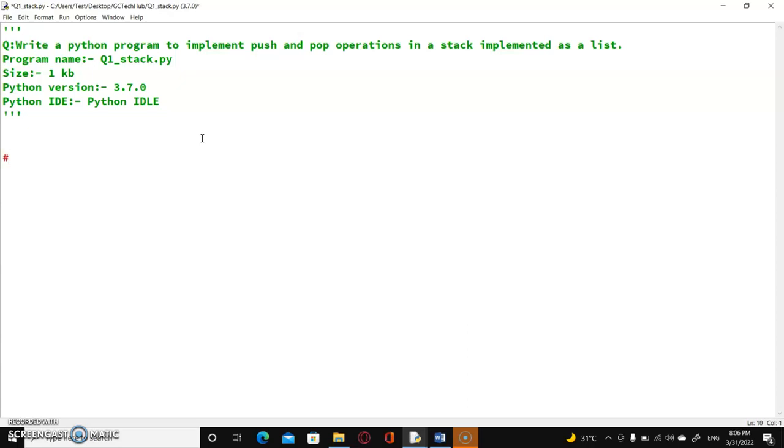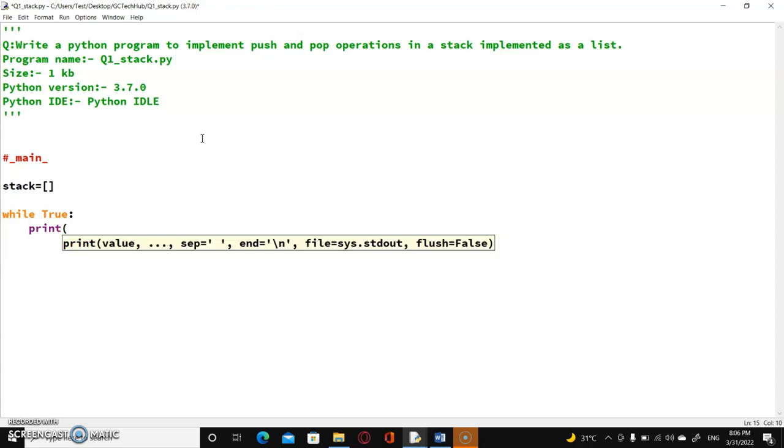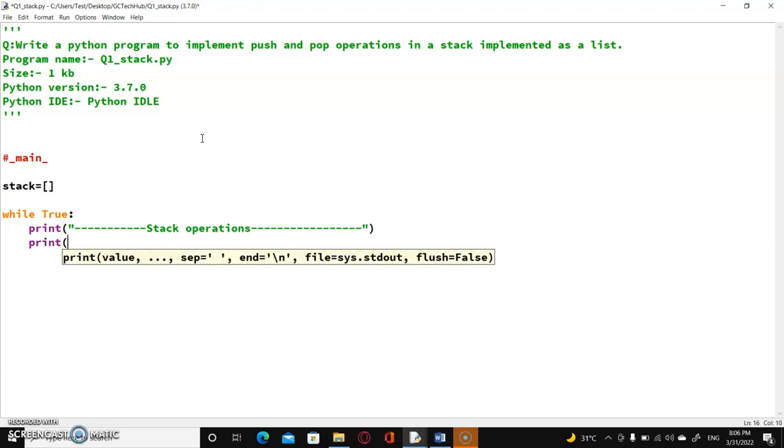So first I start with the main area, that is the global area, and here I start by creating a list, that is stack. And now I want to create a menu driven structure of the program. For that I will do it this way: while True, print stack operations, print